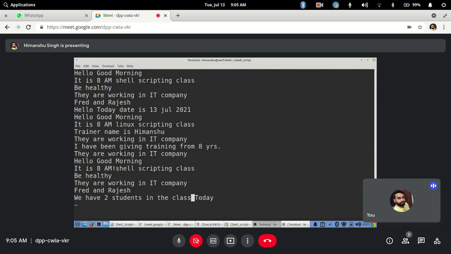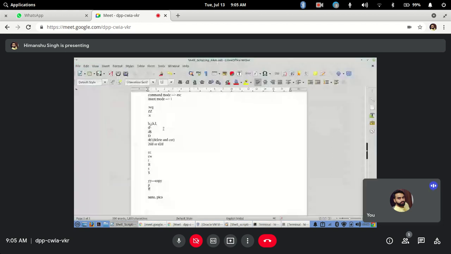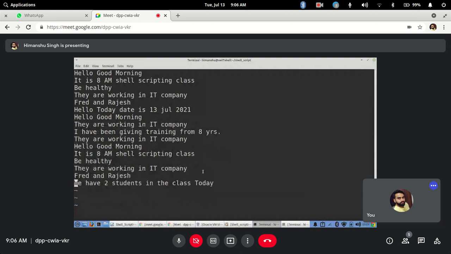Now if someone says cut and paste, cut and paste is very simple. Again you have to use the same dd command, either for delete or for cut you have to use dd only. And I will come here and let's say I want to remove these 2 lines, 8 AM and 10 AM is Himanshu. I want to cut this line from here and paste it below. So what I will do, dd, it has deleted or cut, and I will paste it below or let's say above.